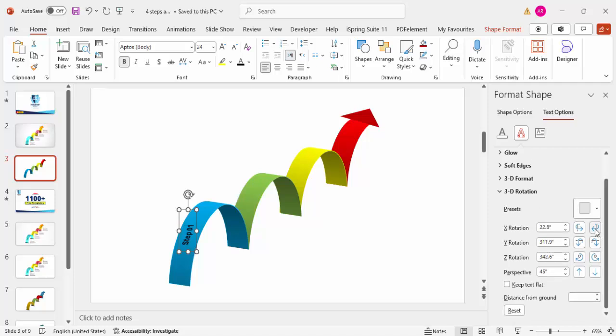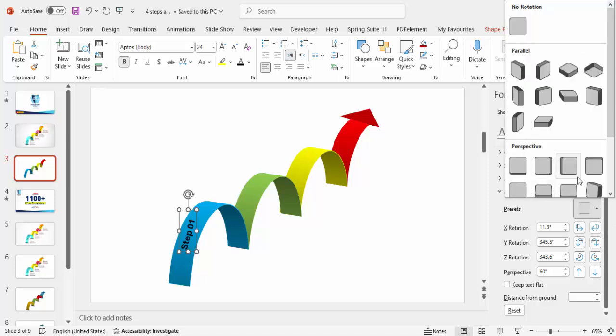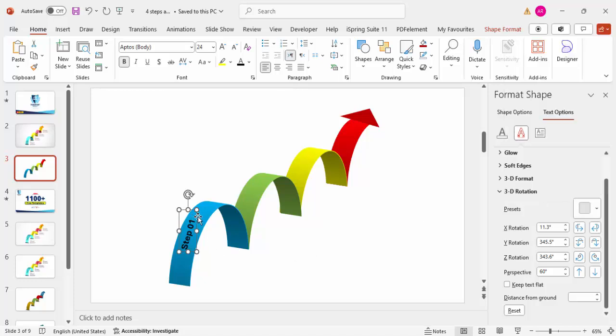You can see here we have got different options to select from. Okay, so again, whichever way you feel which is more, you can increase the perspective also. You can see here, so you have got a wide variety of different text options. Again, if you want to go with some different one, you can just go and choose anything from your choice. Okay, so anyway, I'm just keeping it like this for the time being,